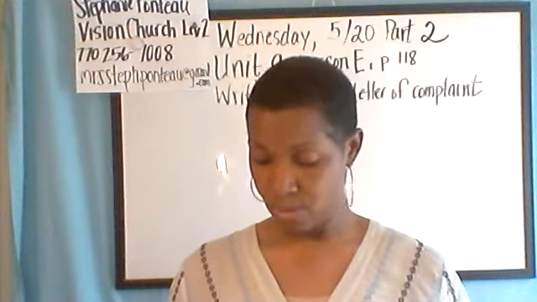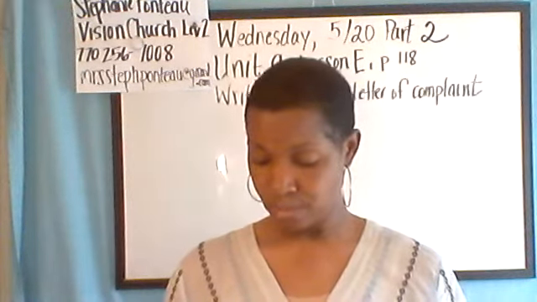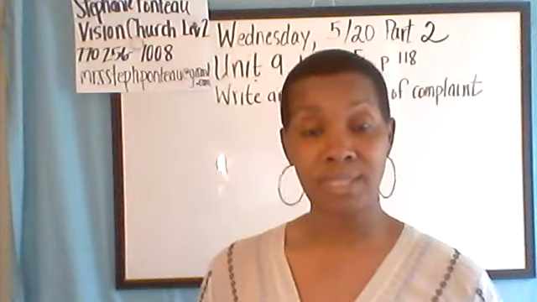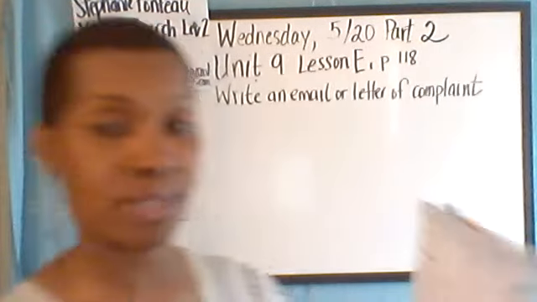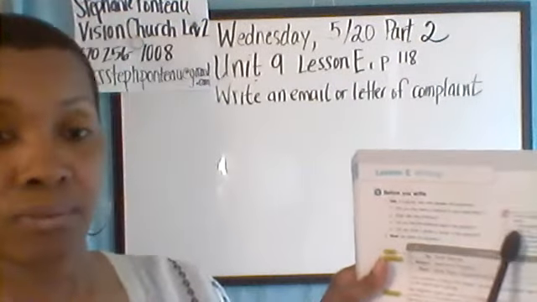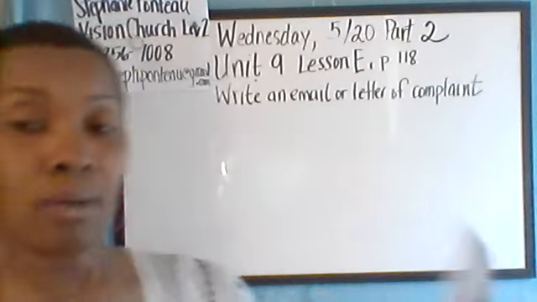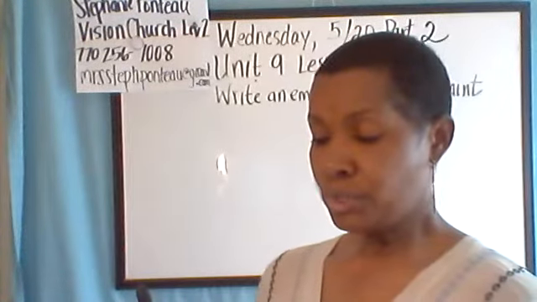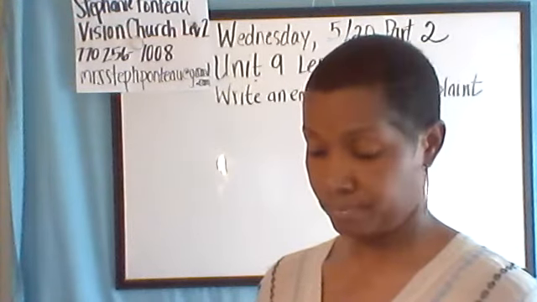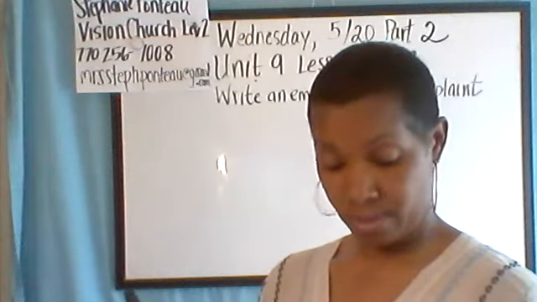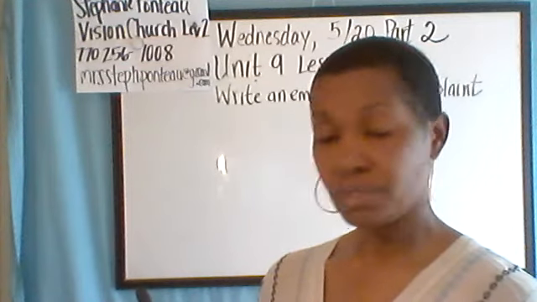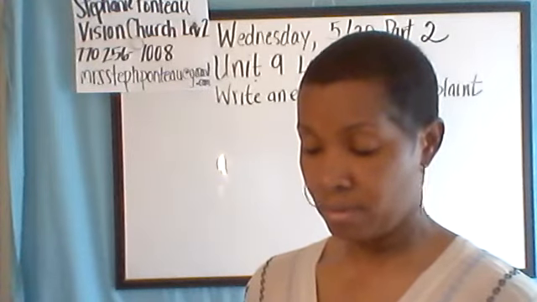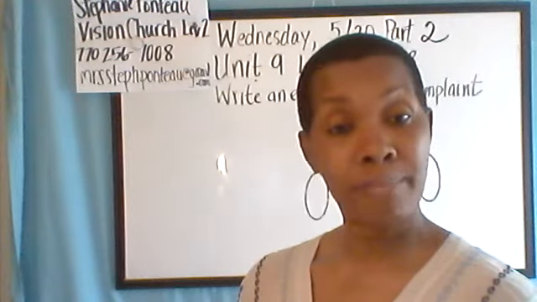All right, so let's go on to exercise B. But before we do that, let me read the information in the tip box. There's always good information in these tip boxes right there. Okay, so read along with me. Emails usually have 3 parts. Now this is going to help you write your email. The name of the person it is written to, the subject of the email, and the message.